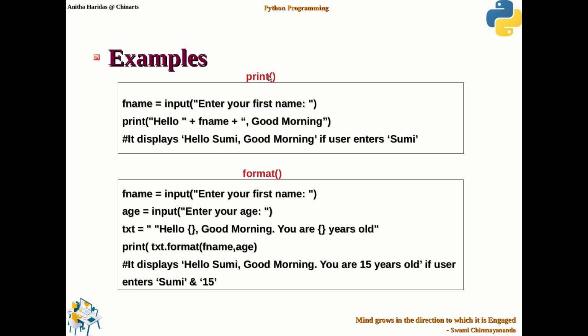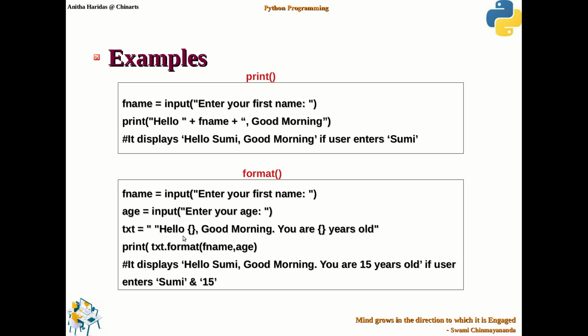So this is an example for the print function. This example we had already discussed for the input method. We just use the print function, give all the strings and combine the variables which you want to display. Now suppose you want to use formatting, then you can observe here, I read the first name, I read the age, then I am using a text here, which is again a string,